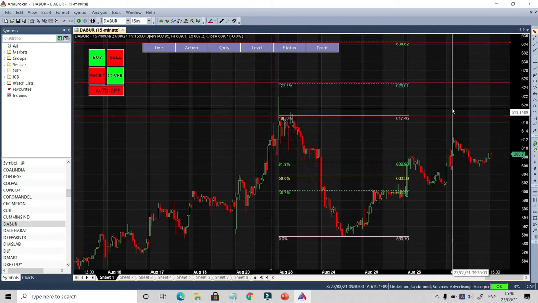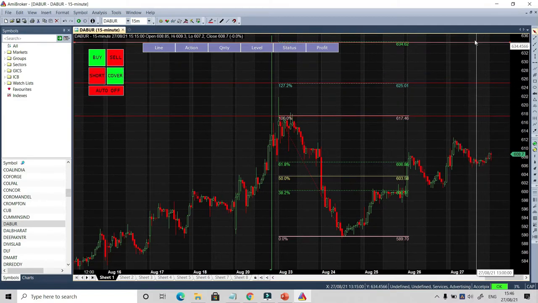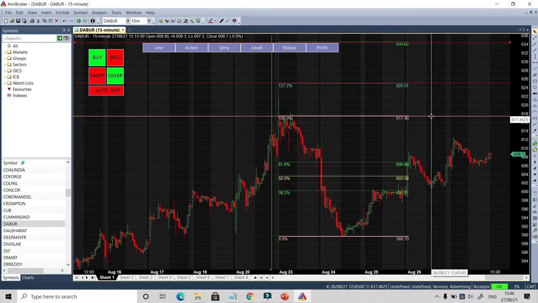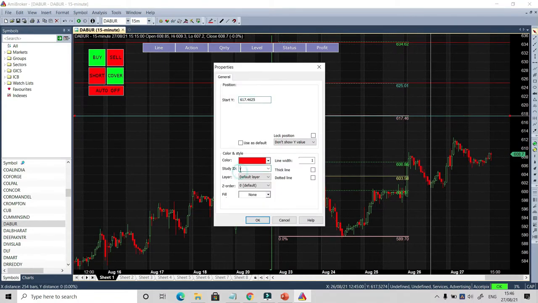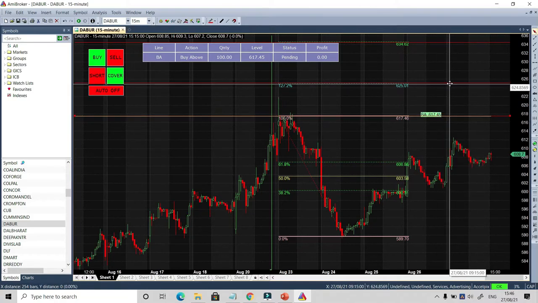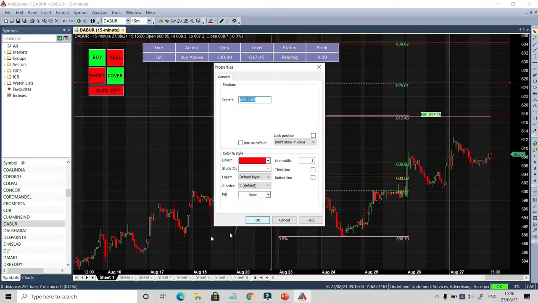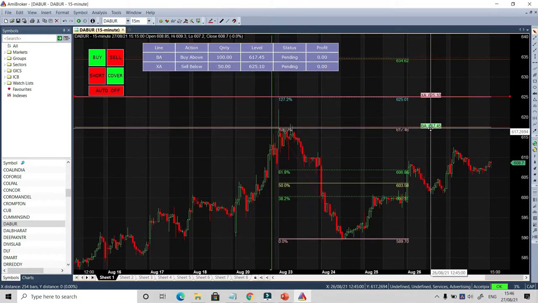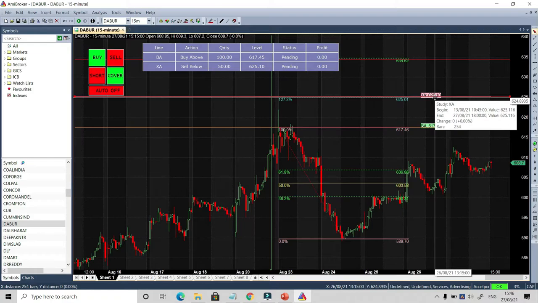So for example, I want to place my first lot of buy here, second lot of buy here, and third lot of buy here. It is possible. Just double click on this line, make it BA, done. Or for example, you want to buy here and you want to exit at this level. It is possible. Just double click and write as XA. That's it. Now this is your buy level and this is your sell level.